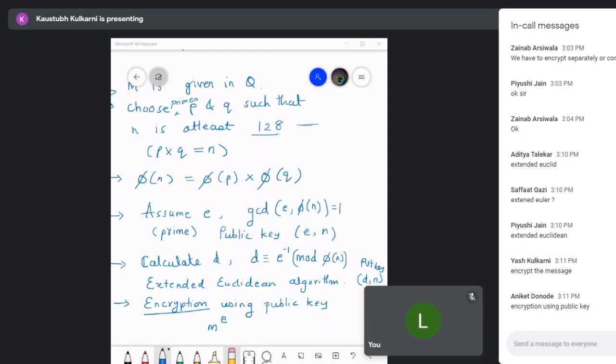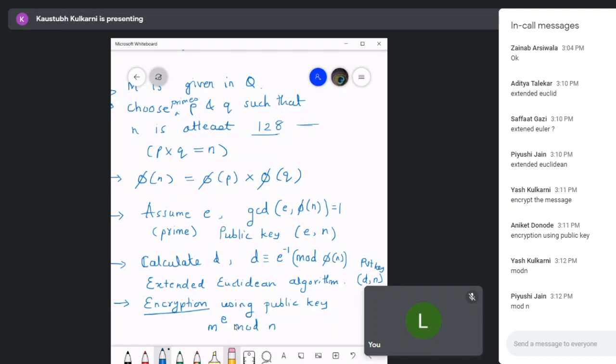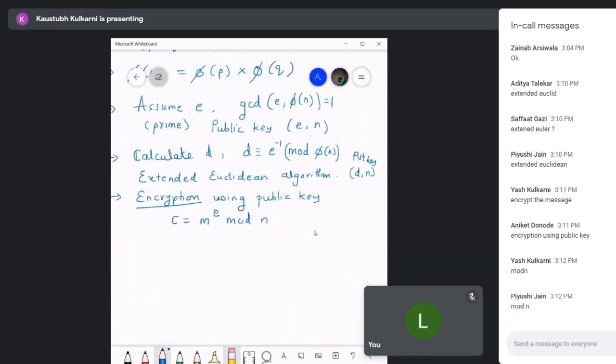mod n or mod phi n, perfect. Okay, so mod n. So this will be your ciphertext C. Now you can say that this C, the ciphertext, has been received by the other party, and now the other party wants to decrypt. So if the question asks for decryption,